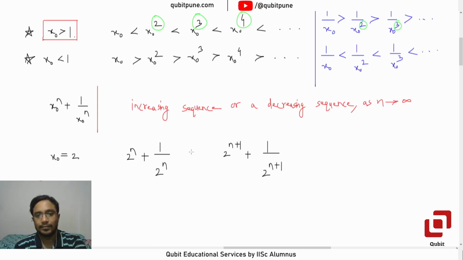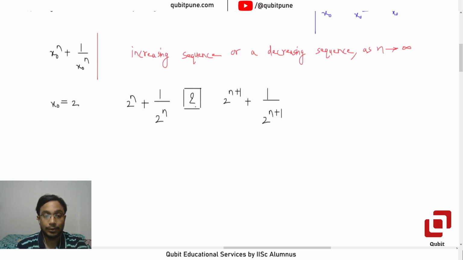Greater than or less than that. So how to go about doing that? Look, this number, whatever number we are going to take, will always be greater than 2 because of 2 raised to n. And if I consider a function of the kind 2 raised to x plus 1 upon 2 raised to x, and if I find its derivative,